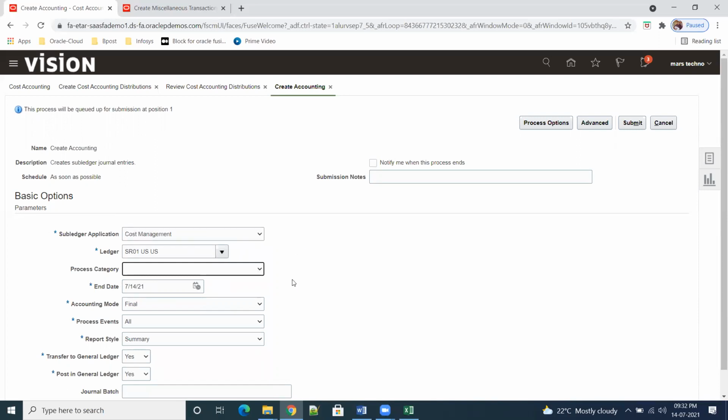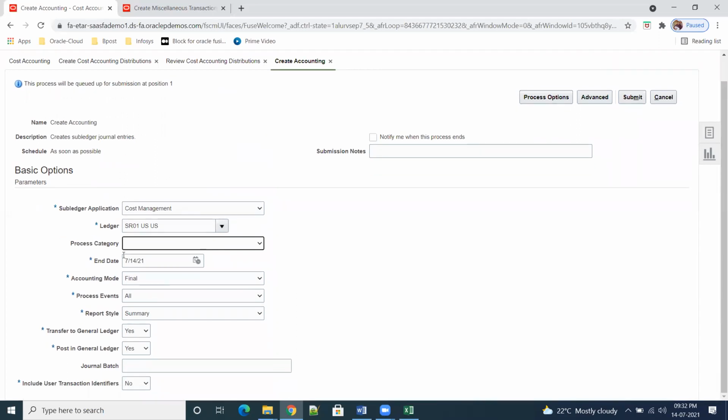Process category is not required, but if you want inventory transactions, you can select. You can see adjustment, inventory, purchasing, sales, work in progress. All these transactions will hit costing. End date, you can give today's date.